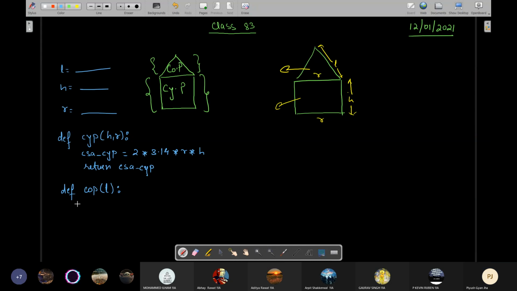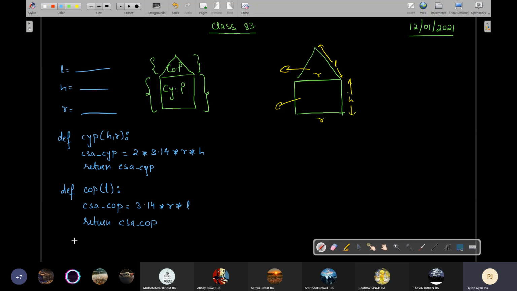Def. Then you have curved surface area of conical part is equal to pi into R multiplied by L, and then you will write return curved surface area of conical part. Okay. And then what you can do is, let's say I am ignoring the tax part, or